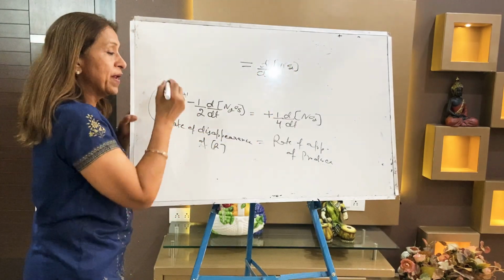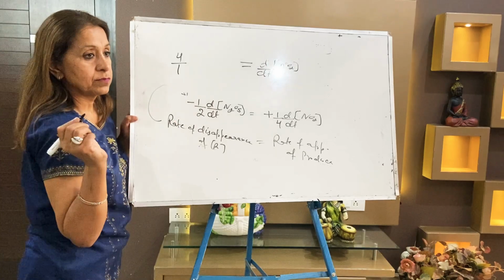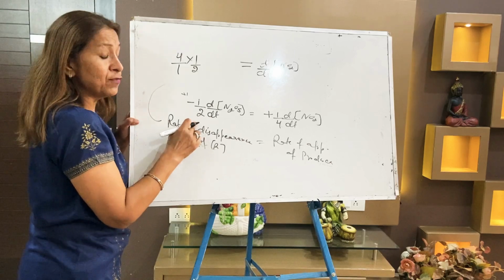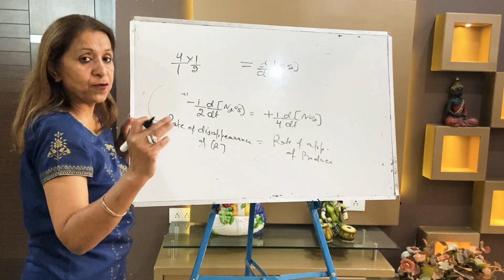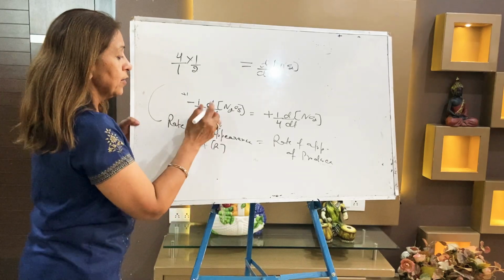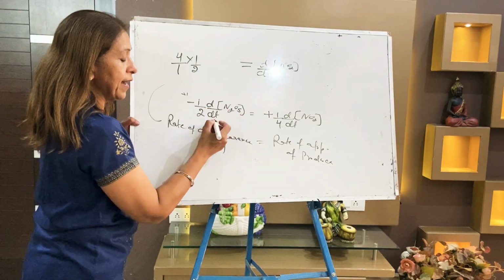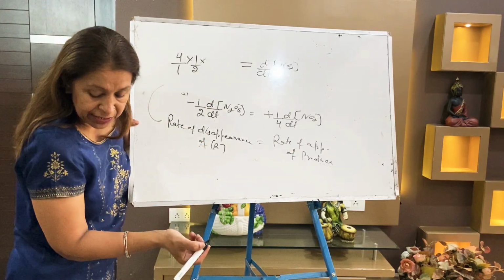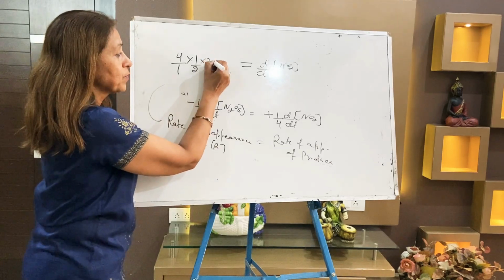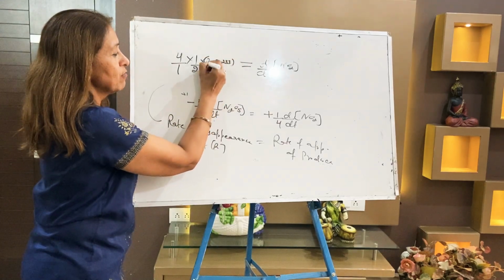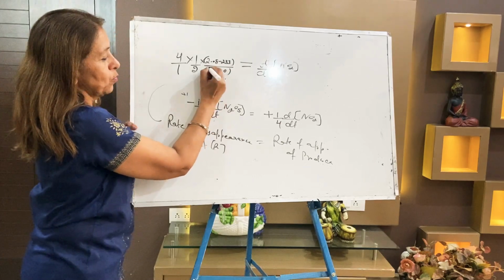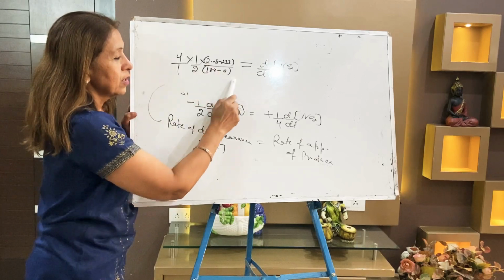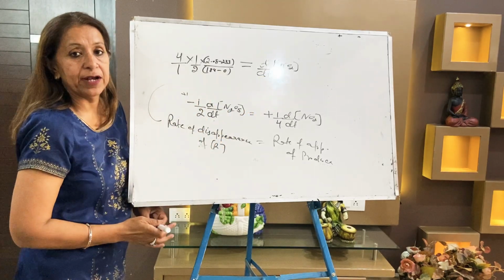So 1 by 4, bring this side, 4 by 1, multiplied by 1 by 2, it's already given. Don't bother about minus and plus. Minus is for decrease, plus for increase. Now this is your concentration on the top and d time. Whatever concentration you calculated in the A part, that is 2.08 minus 2.x, divided by 184 minus 0. So this is the answer. This is a rate. You can see now, this is the rate of production of NO2.